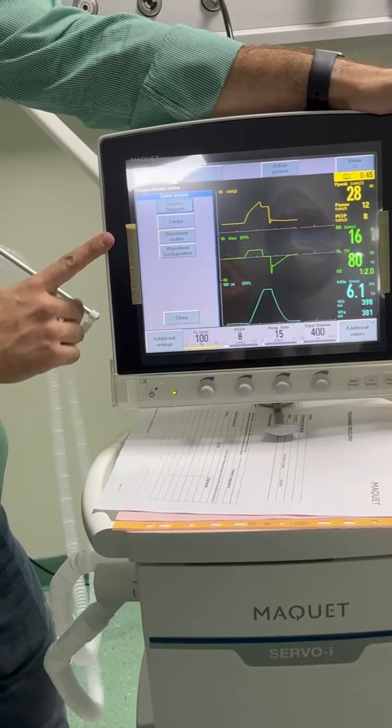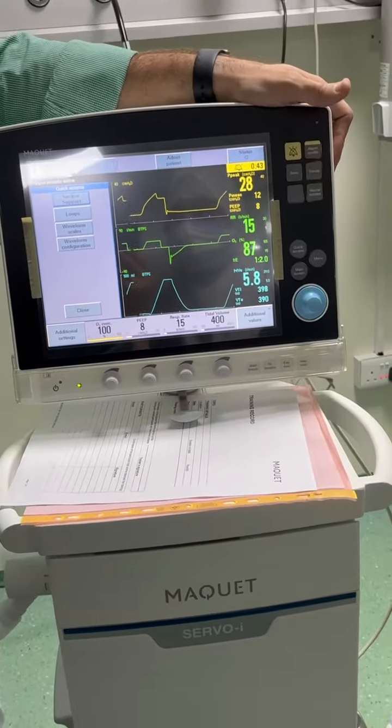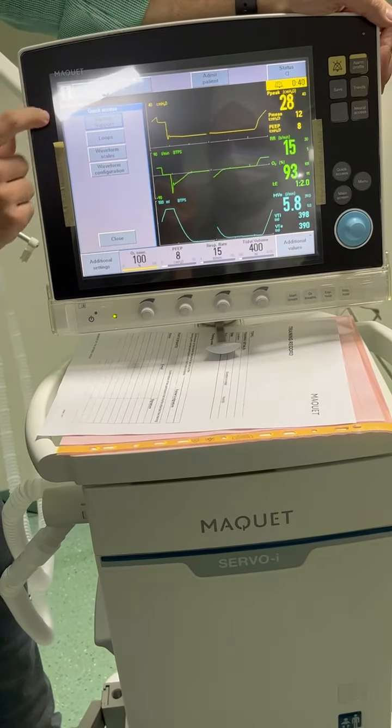We have a good tool for suction since you mentioned the suction. When you click on suction support,